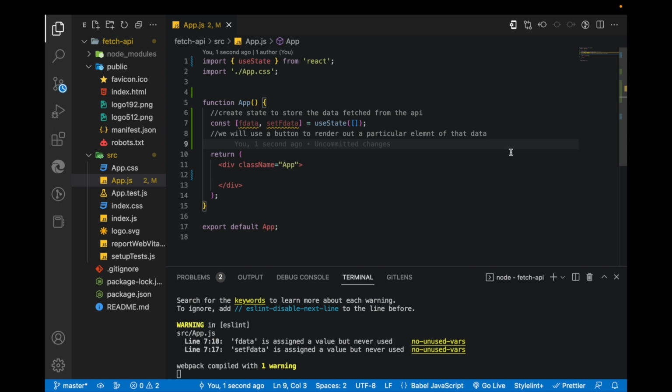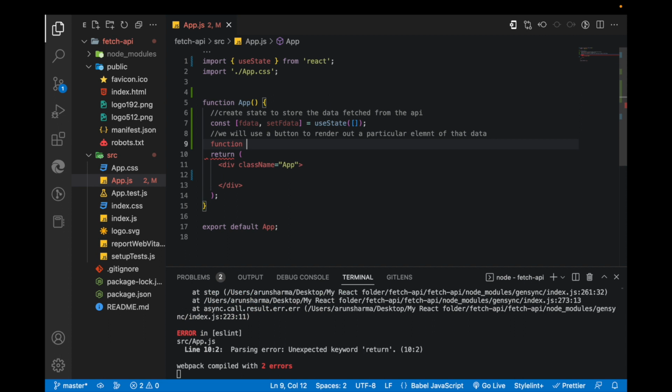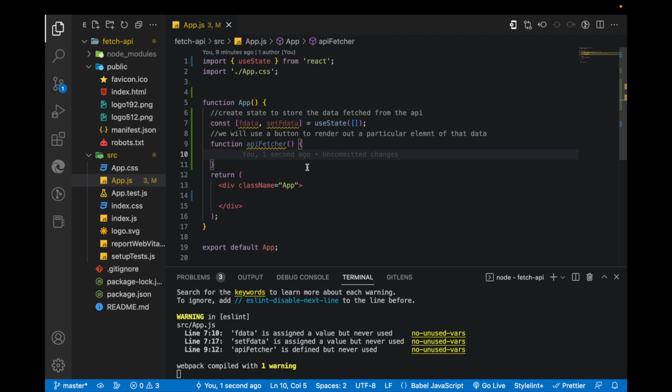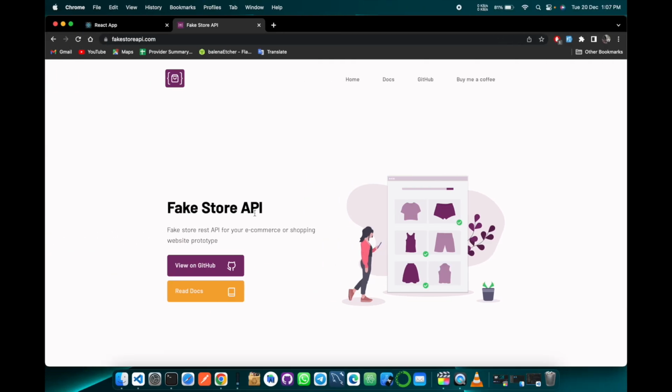The second thing we want is to fetch the data. So for fetching the data, we are going to create a function, and I'm going to call this function, let's say, API fetcher. For the sake of simplicity of this video, I'm going to fetch the API from a website called fakestoreapi.com. Let me show you. So Fake Store API is an open API, and you can go to fakestoreapi.com to see that API. So I'm going to click on read docs,